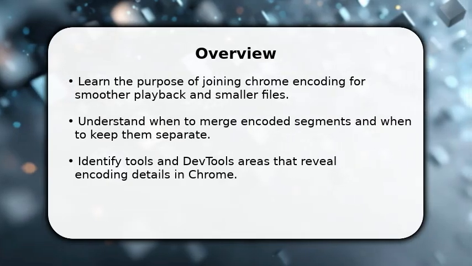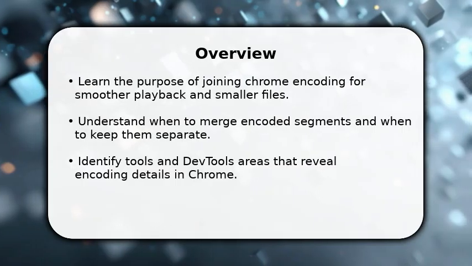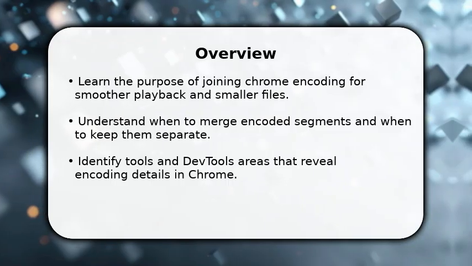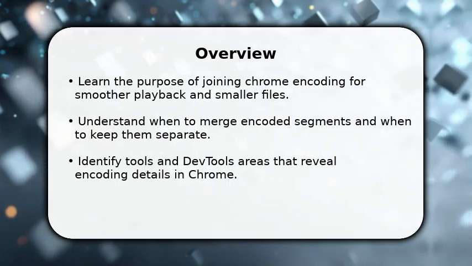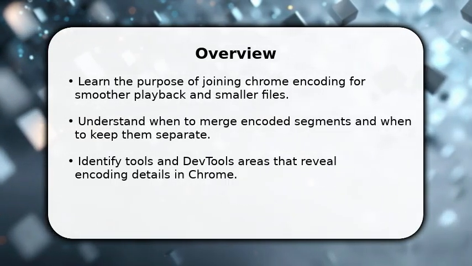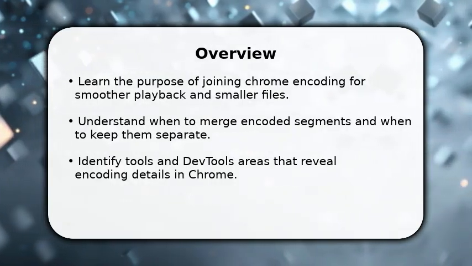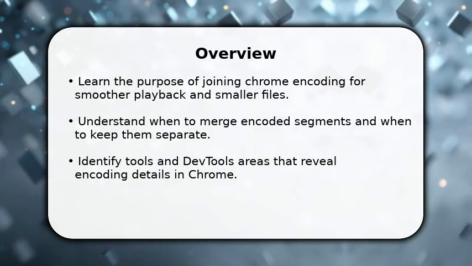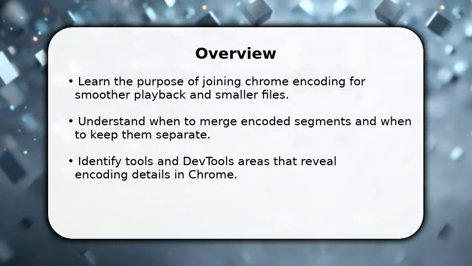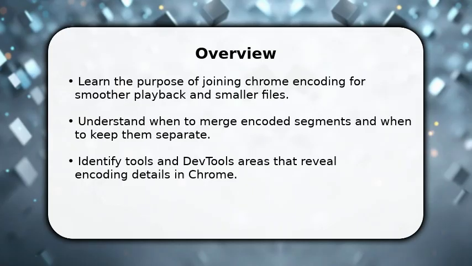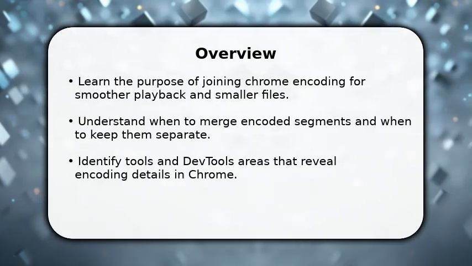In this video, I will show how to join Chrome encoding. Open Chrome and use DevTools to inspect network requests and media segments, then locate the encoding parameters you need. I will walk you through choosing the correct tool, extracting segment files, and verifying bitrates and codecs so you avoid mismatches. Follow step by step and pause as needed while you test the joined output for smooth playback on multiple